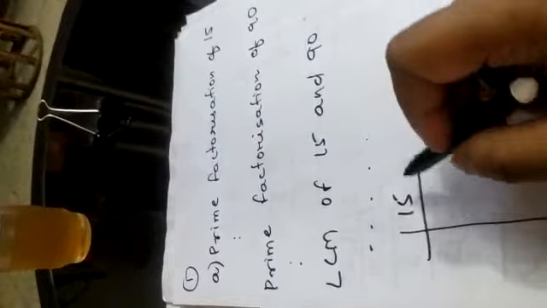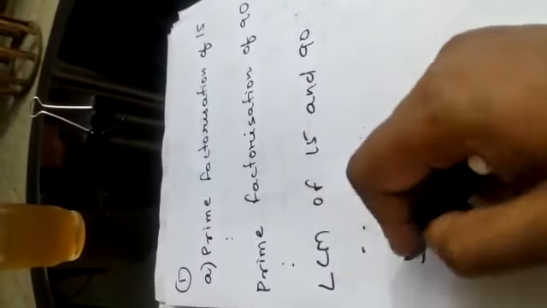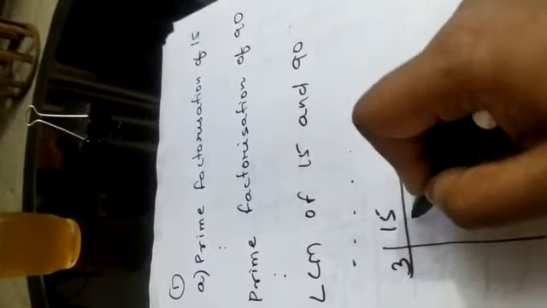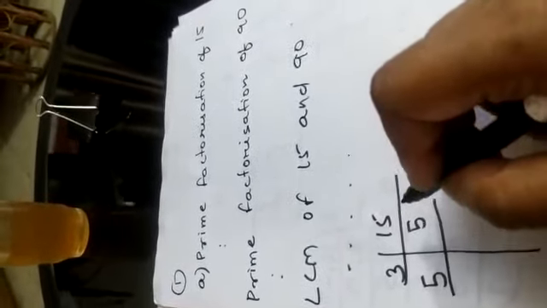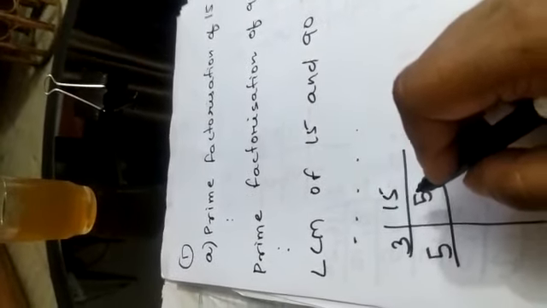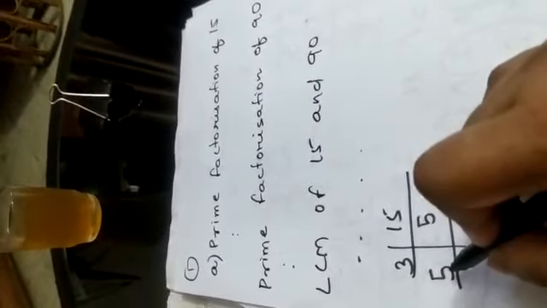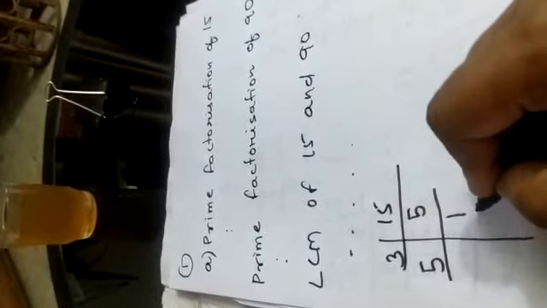We have to complete that. Firstly, prime factorization of 15. We find prime factorization of 15 by division method. 15 is a composite number. We divide by 3. After dividing, we get 5 as a quotient. Now again we divide 5 by 5 because 5 is not a multiple of 3 and also not 2. So 5 is the lowest possible prime number. After dividing, we get 1. So when we get 1, now it stops.